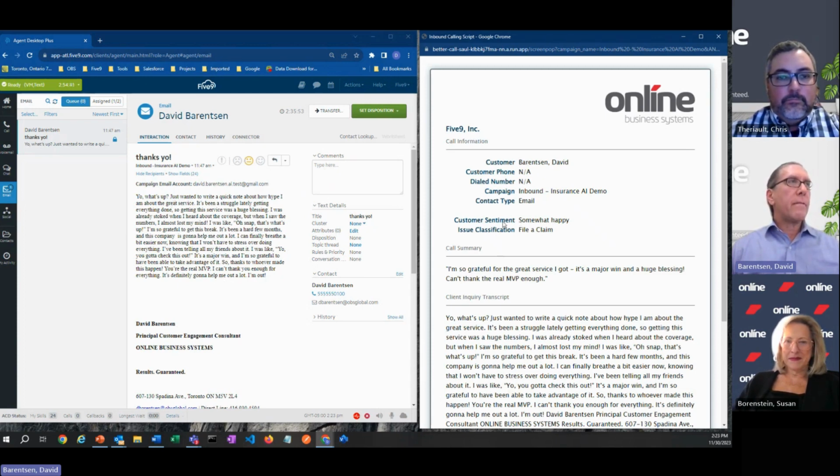And we can now take from this that they're somewhat happy. They're talking about how they filed a claim, and we've got a very simple summary here. Hey, this is great. I had an amazing service. Thanks so much. Right? So if we take these couple of examples, and you've got the accessibility aspect, regardless of language or level of language that you're using, let's consider that you track this over time. Now you have a richer data set on your clients.